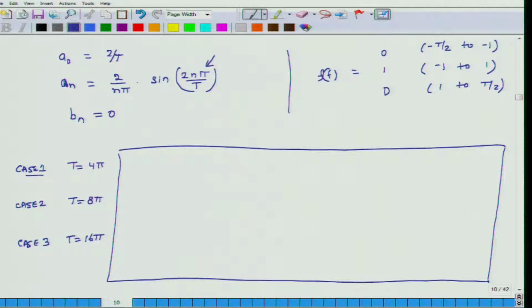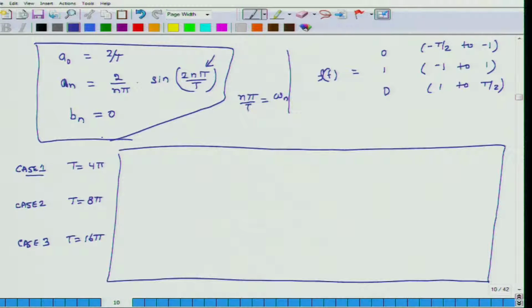Okay. So I will call n pi over t as omega n, some number omega n. So in this whole thing, t can vary and n can vary. So in the vertical direction I am varying t, and in the horizontal direction I will vary n. So n is equal to 1, n is equal to 2, n is equal to 3, and here we will look at omega n first,